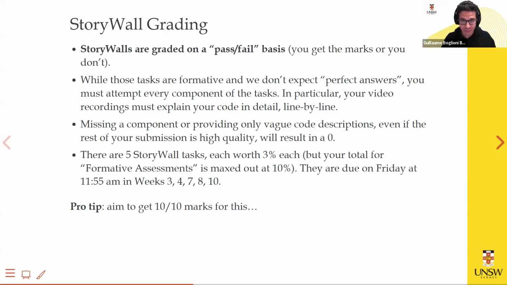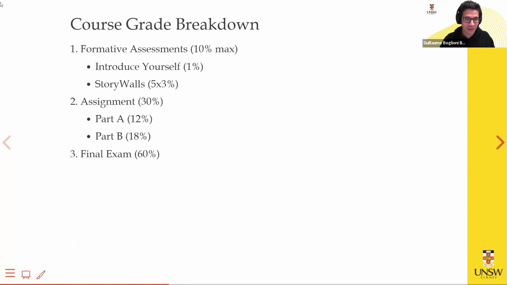This way, if you've calculated correctly, you could ignore this video requirement for all the tasks and still get 10 out of 10, right? But then, of course, you need to do all 5. You need to do all 5. If you do the video, you get this extra 1%. You have the privilege, let's say, of doing only 3 of those story walls and getting full marks, 10 out of 10, if, of course, you do the introduce yourself task. Okay, that way I want to,